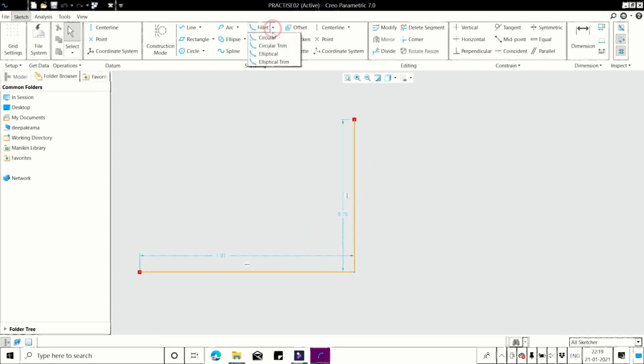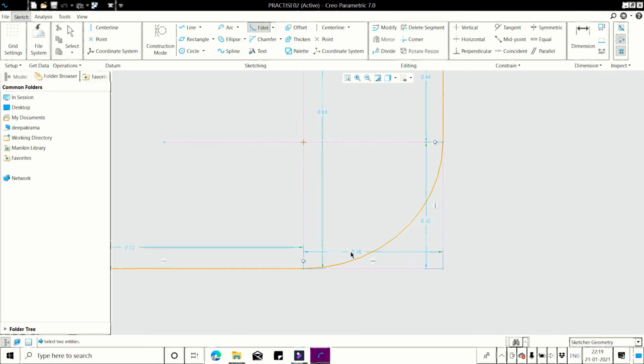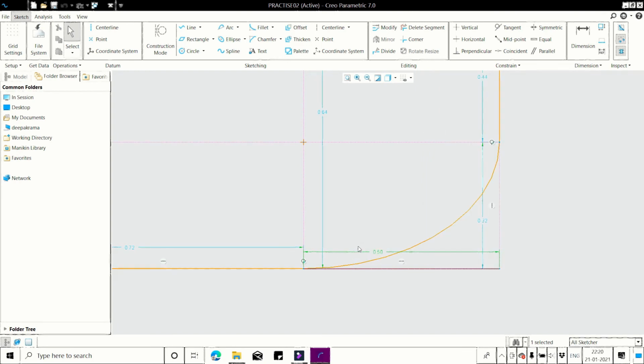So our third option is elliptical. Click on the first line, second line. You can create an ellipse here by changing the dimensions of width and height of the curve. 0.5 and I will give it as 0.3.